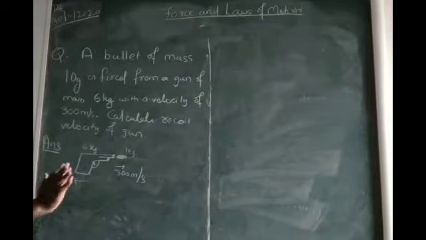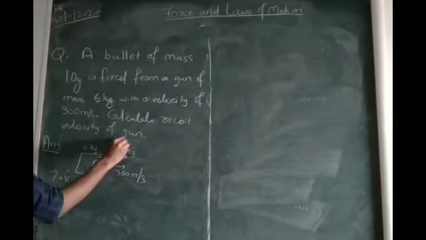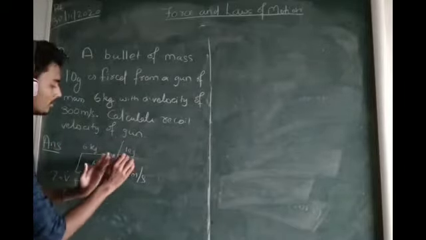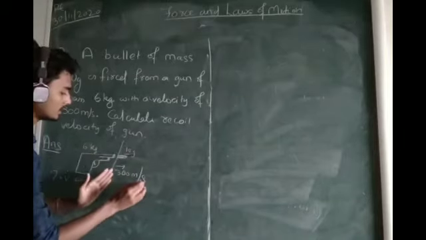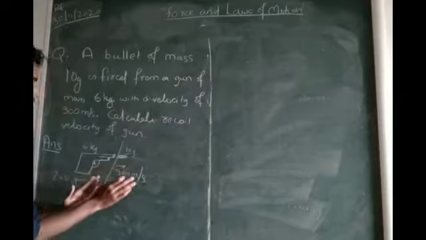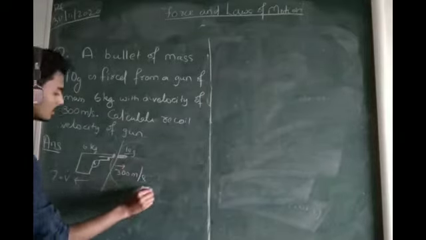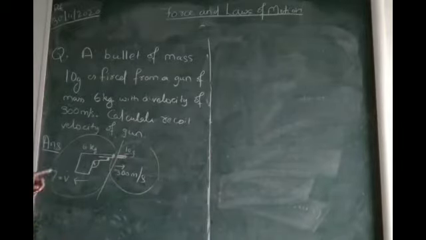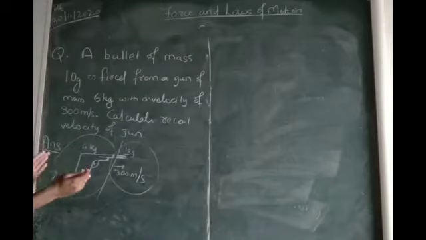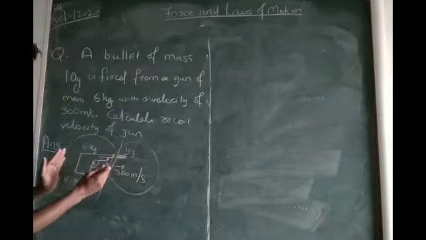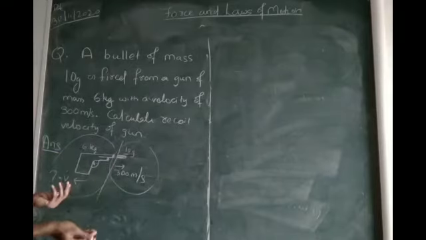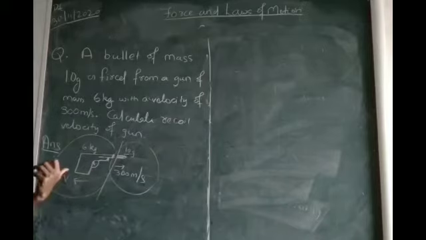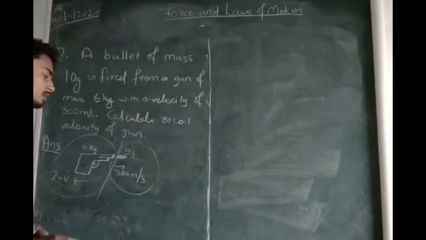Before we solve it, let us understand what we have to equate. This is the momentum of the bullet. It is its mass and it is its velocity. Mass into velocity gives us the momentum of the bullet. And we have to equate the momentum of this bullet with the momentum of this gun, its mass and velocity. As momentum is conserved, this momentum must be equal to this momentum, and by solving that equation, we can get the recoil velocity of the gun. Right, so now let us solve it.